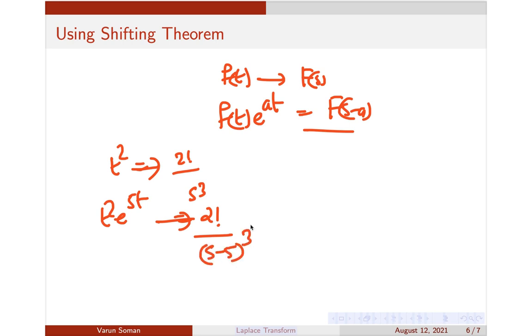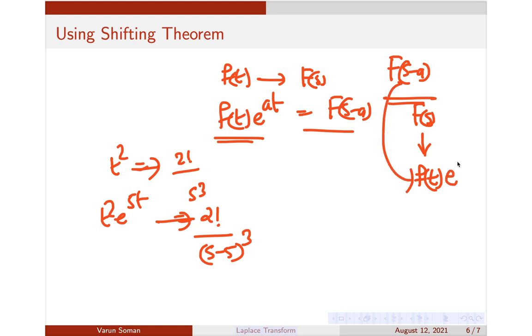Okay, so you will be using this shifting theorem in both ways. First of all, you will be given some function containing e raised to at, to find the transform, which you already know. You identify f of t and then find F of s minus a. In the reverse process, I will already give you F of s minus a. From that you have to identify capital F of s. Looking at F of s minus a, you identify what capital F of s is. Once you have identified capital F of s, you can easily write its inverse transform, which is f of t, and once you have written f of t, the inverse transform of this will be simply f of t into e raised to at. Okay, so I'll illustrate it in problems.